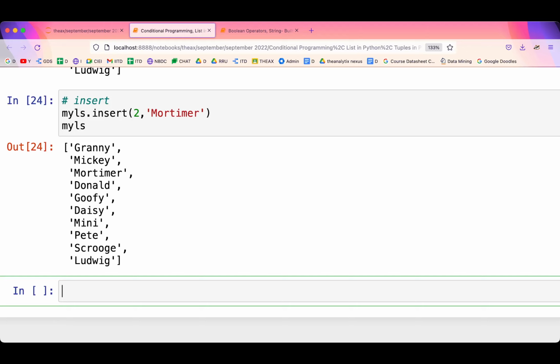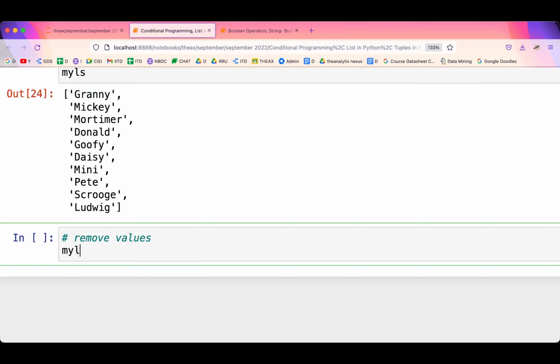The very first method which comes is remove itself. So when I say my ls dot remove granny, you can see granny has been removed. Then there is another function called pop. As I said, the last in will be sent out first. So this is the last element which is going to be sent out first. You can see it has been sent. Now there is no such element present. Okay,